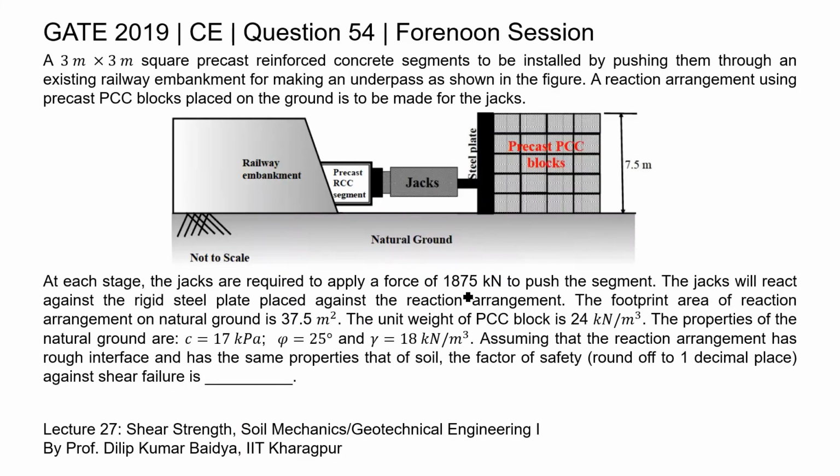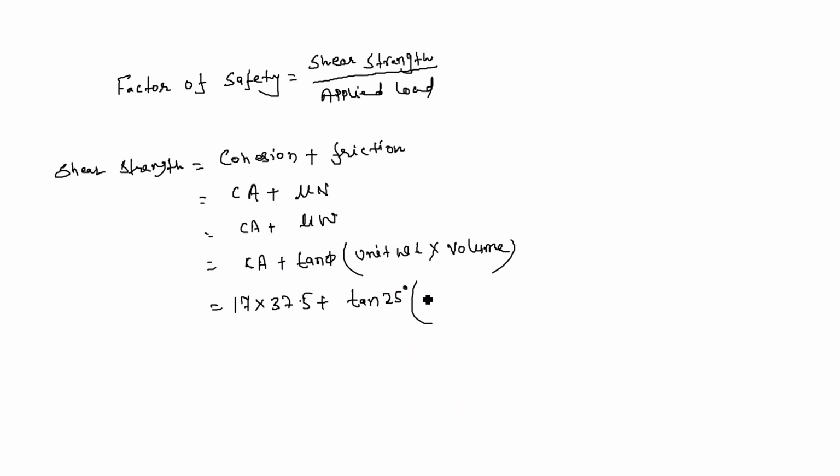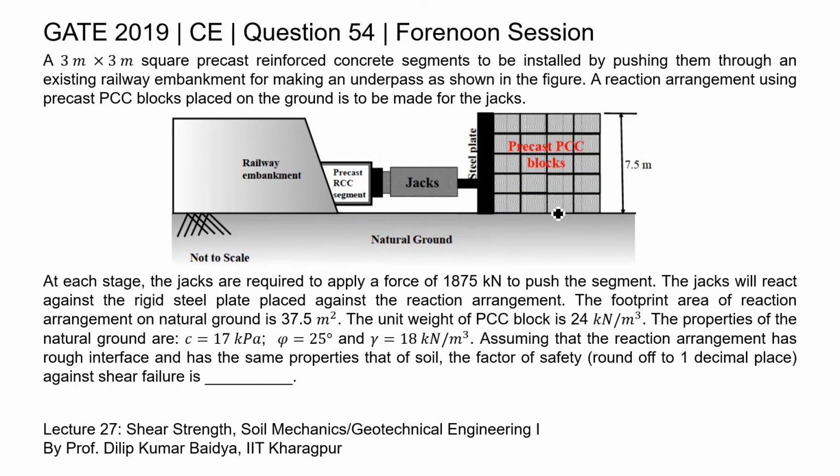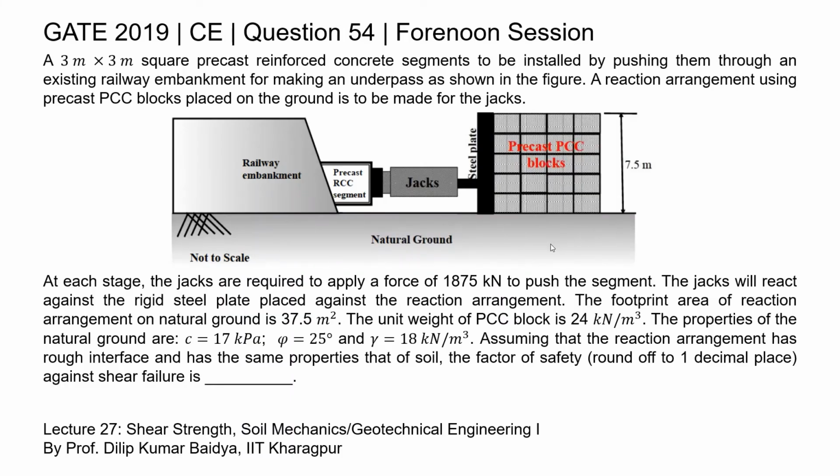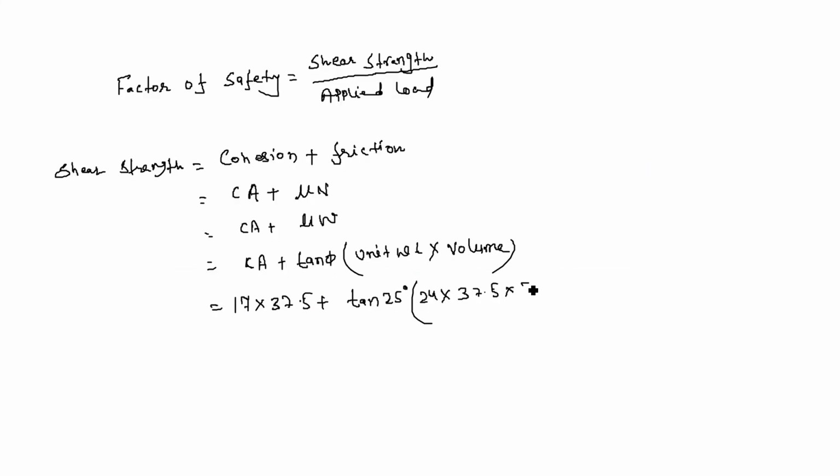Unit weight is given as 24. And volume of this PCC blocks can be calculated by footprint area into height. So we can write footprint area 37.5 into height. Height is 7.5. So when we calculate this, we get the value